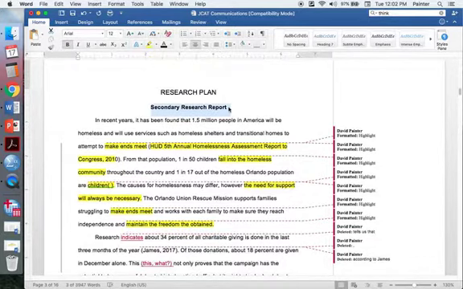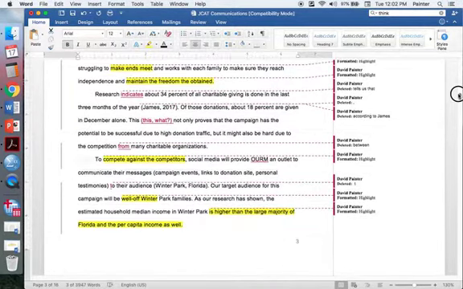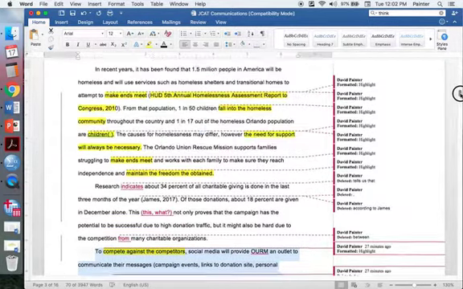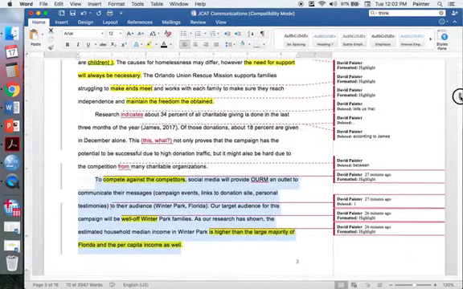What are some similar campaigns that you can use information from in order to build your campaign? To compete against the competitors, social media. So does that mean the competitors don't use social media? There are billions of social media posts every day. Why would you believe that just another post out of those billions is going to achieve your campaign goals? And why are you talking about your campaign when you're supposed to be talking about the secondary research report?